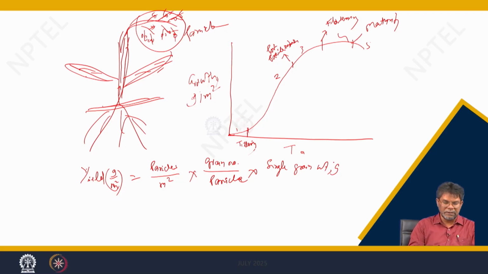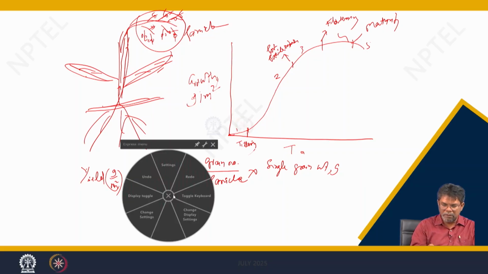If you calculate rice yield, it is the number of panicles per meter square, these are the panicles, times the number of grains per panicle, these are the grains, which gives the number of grains per meter square area. And if you know the single grain weight in grams, then you can calculate the grain yield in grams per meter square. So, for maximizing production, we must see